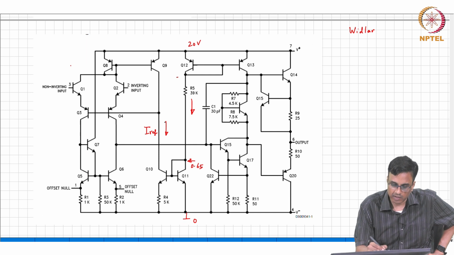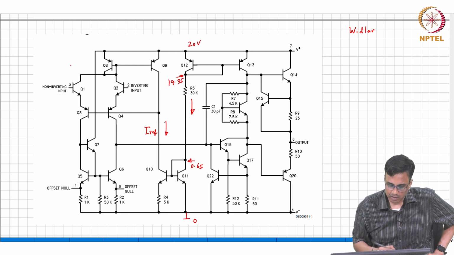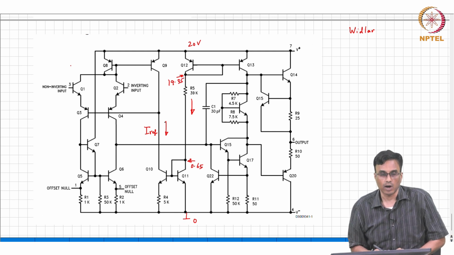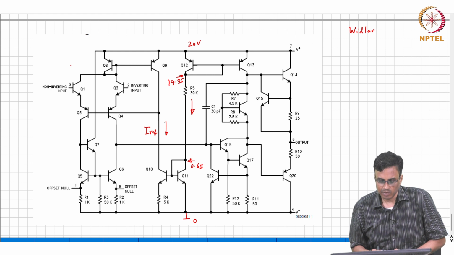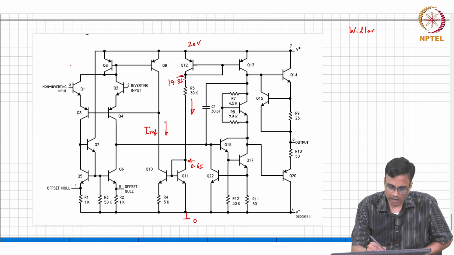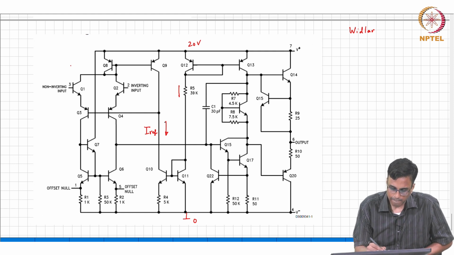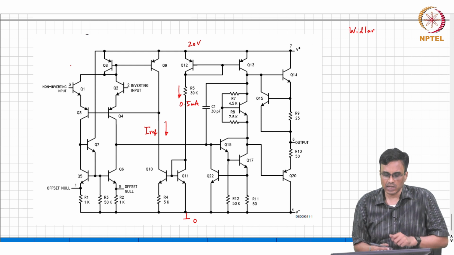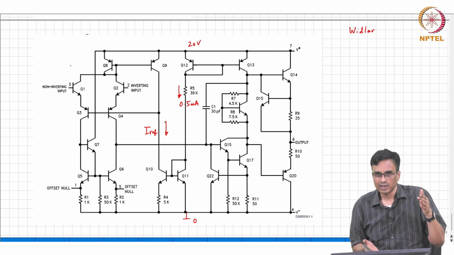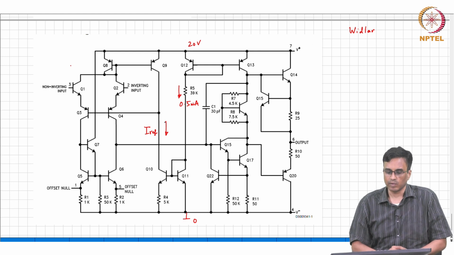0.65. This voltage is going to be 19.35. So, basically 20 minus 1.3 is the drop across the resistance. So, basically about 18 and a half volts across 39K, and this basically causes roughly about 50 microamperes, is it? Or roughly, yeah, it is half a milliampere. Okay. And more importantly, as you keep changing the supply voltage, the current through this goes on changing, because the current is simply VDD minus 1.3 by